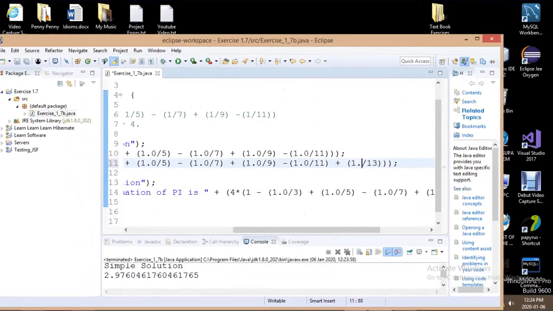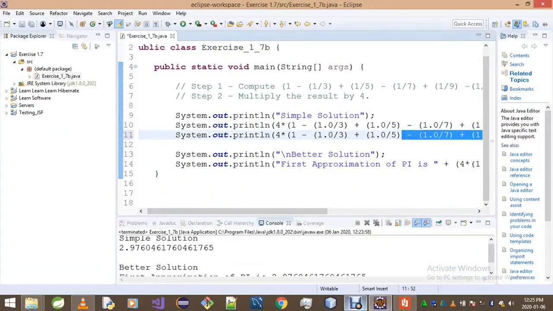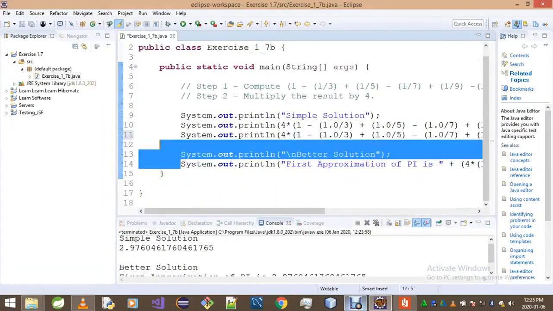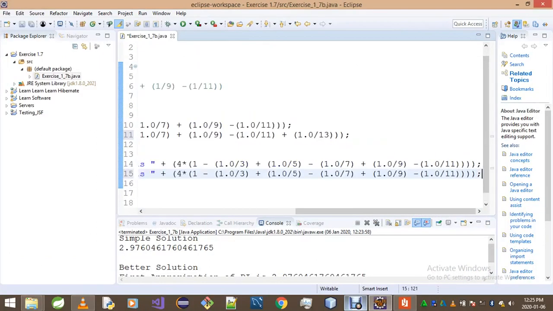It's 1.0. This is our second approximation, but we gotta add